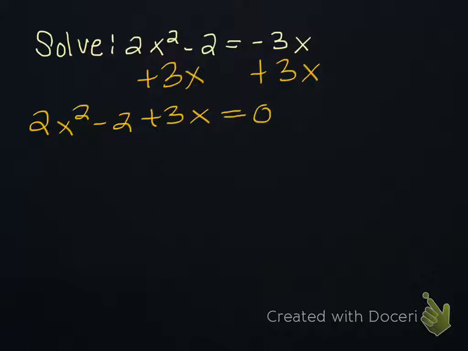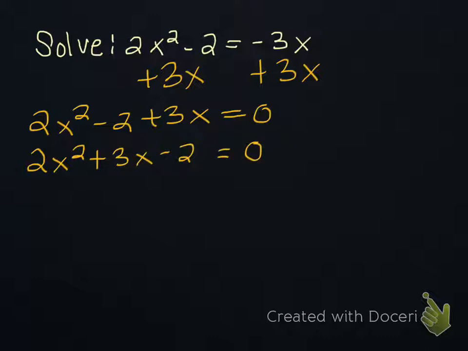Technically, to be in standard form, we need to write it in descending order for the powers, so we'd start at 2, the next term should have x to the first, and the next term should have x to the 0. So let's reorganize. 2x squared plus 3x minus 2, and now it looks like it's in standard form,